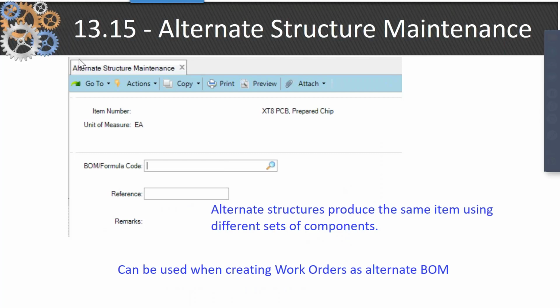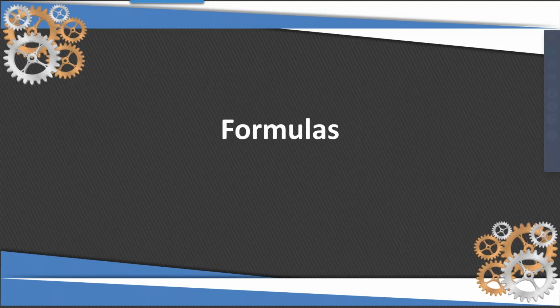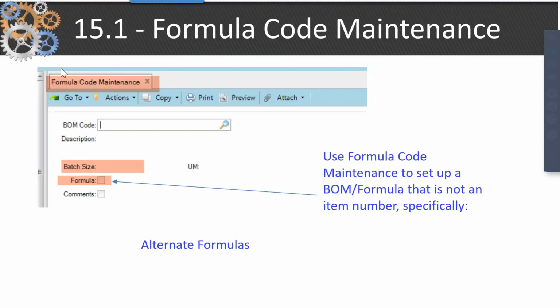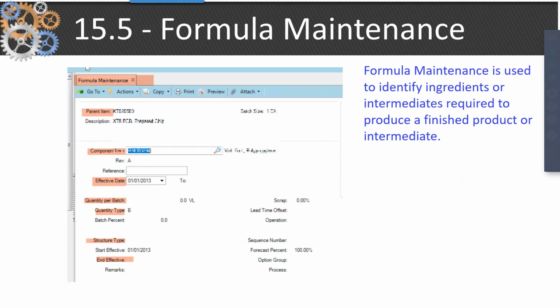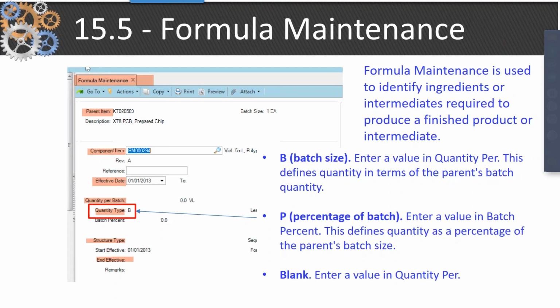13.5 allows us to have alternate structures, so you can build the same part number in different sites with a different set of components. And as you cut the work order, and when you will see, you can use one of those processes. Formulas, first of all, you have to define that a particular BOM code is a formula and define its batch size. Then in formula maintenance, basically the same as 13.5, but with the addition of this thing